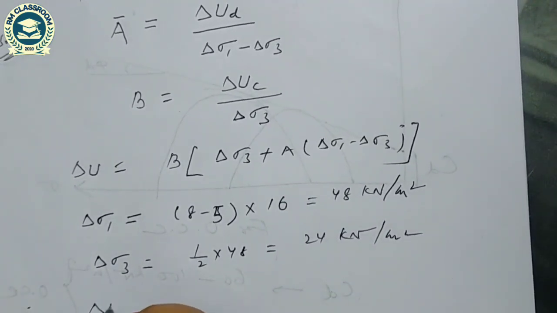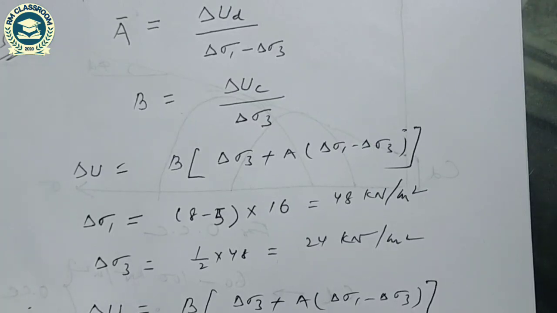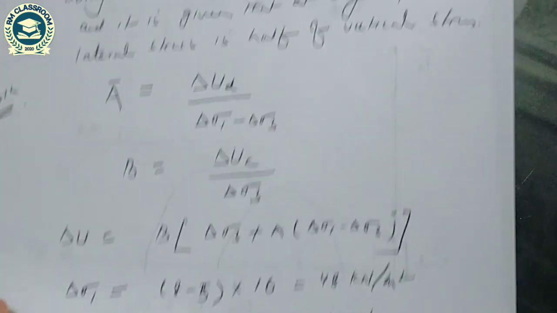We know change in pore water pressure is B times delta sigma 3 plus A into delta sigma 1 minus delta sigma 3. B is given 0.92, delta sigma 3 is 24 plus A is 0.4, delta sigma 1 is 48 minus 24. So change in pore water pressure is 30.92 kilonewton per meter square,